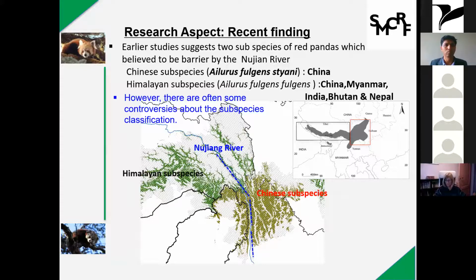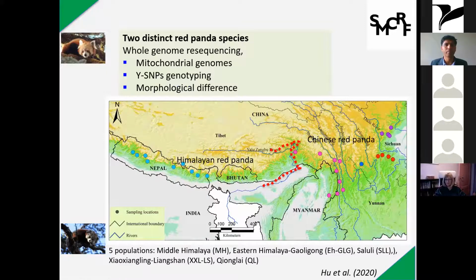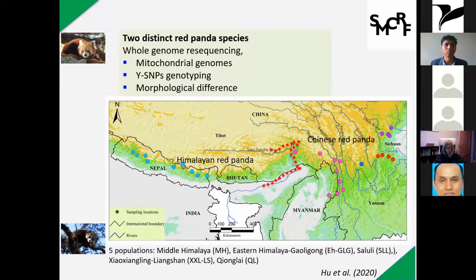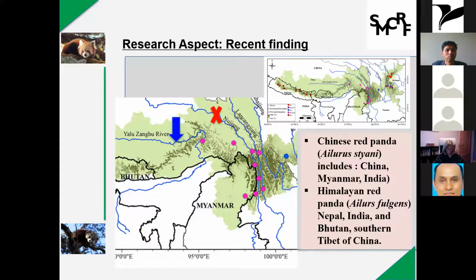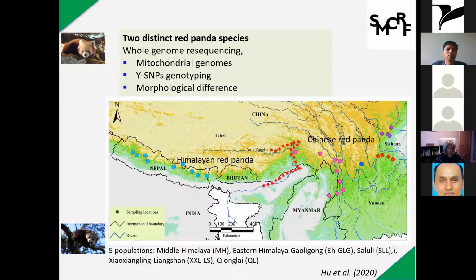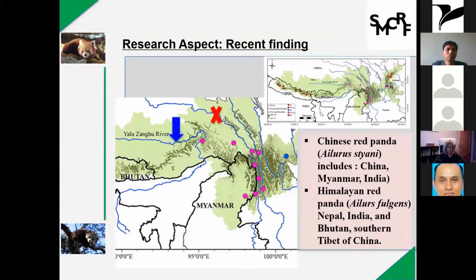So we started to work from the perspective of genomics, and we collected samples from across the range, including the western distribution limit and eastern distribution limit, and we did whole genome sequencing, mitochondrial genome, and Y SNPs, as well as morphological differences. Based on this genomic information and morphological differences, we conclude